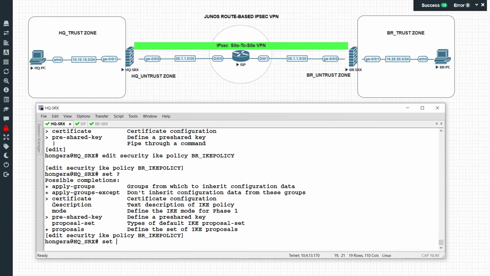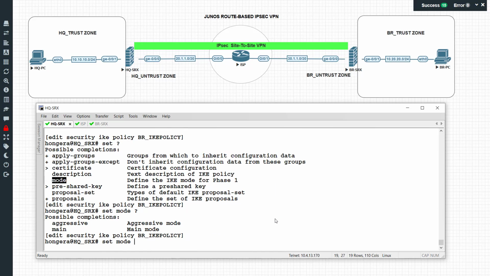So now here I can set the mode of this tunnel. Set mode, it's going to be aggressive or main. The main mode is always used when the two sides have static IP addresses assigned on the public network, and the aggressive is used when one of the sides has a DHCP address, meaning the address is changing every now and then. So here our mode is going to be main,